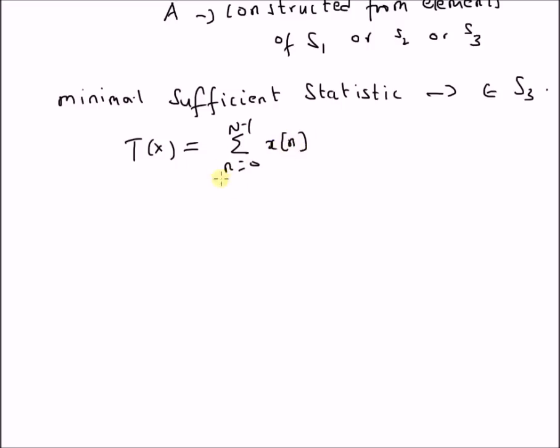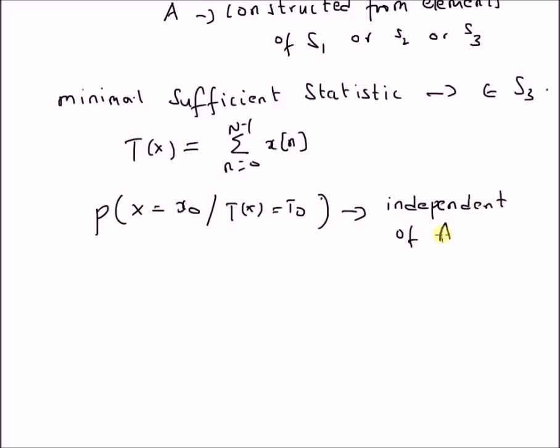We can verify whether this statistic is sufficient or not by looking at the conditional probability distribution, probability of x equal to x naught for given t of x equal to t naught. This probability distribution should be independent